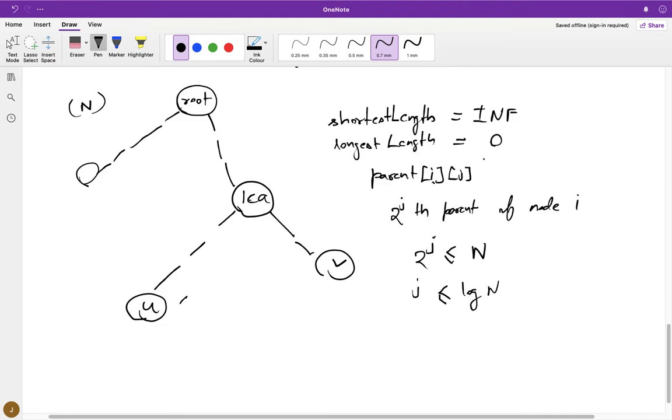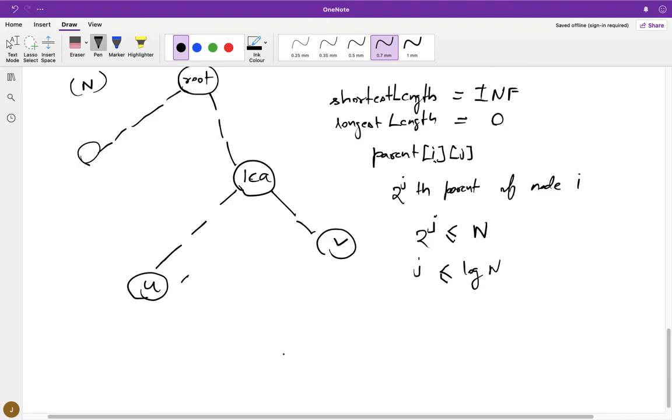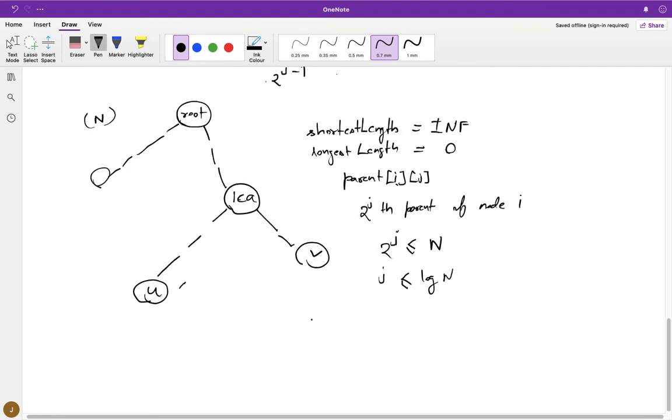So what I will do is iterate j from log n to 0.